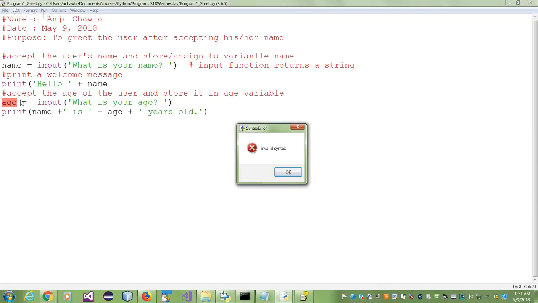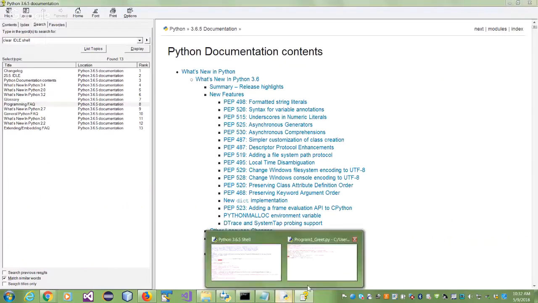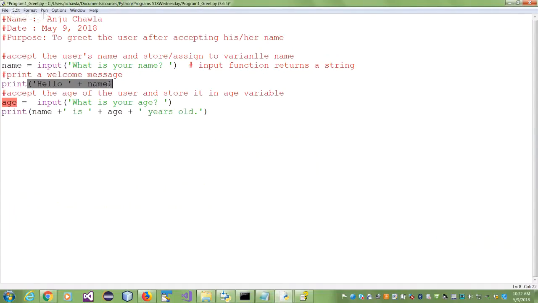See, it stopped right here. It took your name, like it was going through it, but I got a problem here. So you can go back to your shell window, or here itself. I thought it would say it there, but it's saying it right here. It says invalid syntax. Why is it saying invalid syntax at age? The problem is in the line before age. So again, be careful. The line that is being highlighted may not be the erroneous line, because when it came to this line, it found something odd. So usually it will be in the line before it.